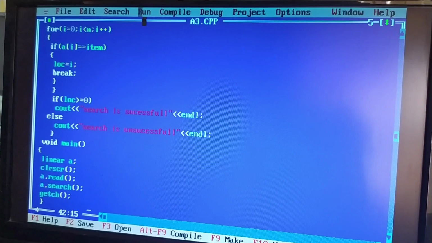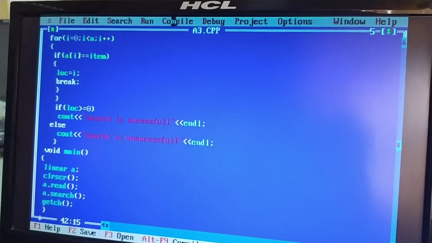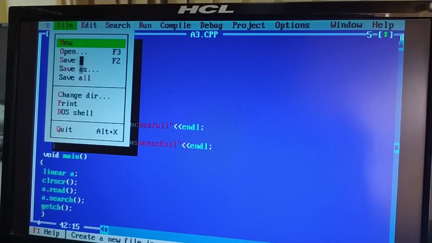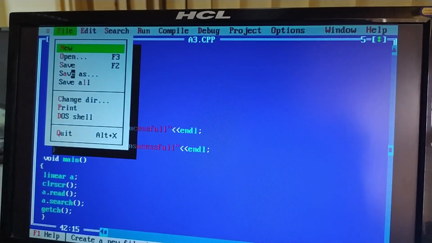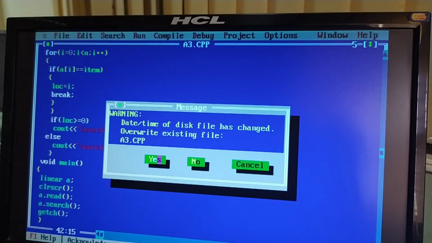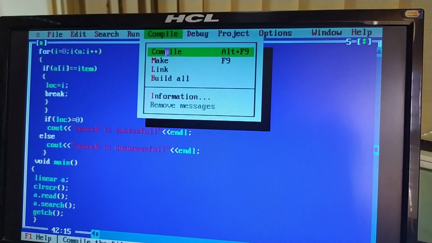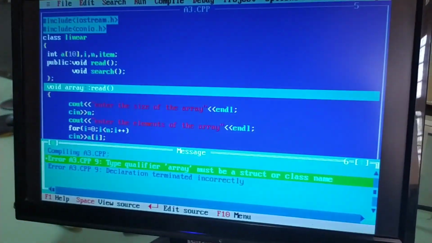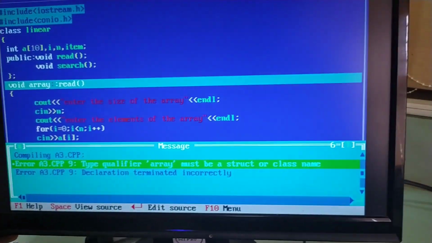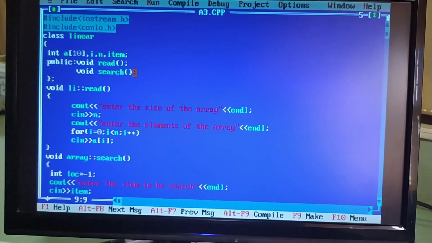So how does it work? See, first save the program, using F2 or go to the File menu and press save. Next, compile the program. Here use the mouse or keyboard; there are 2 errors here, because we are defining here in the linear.